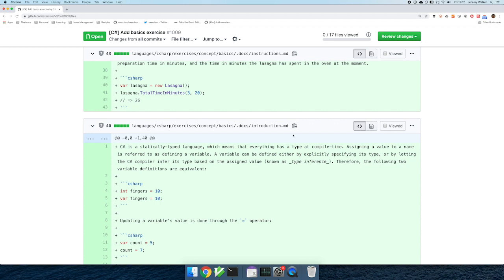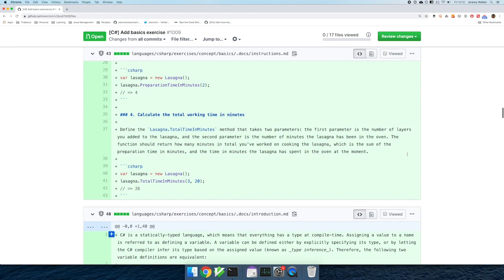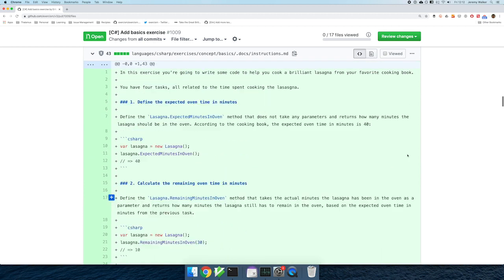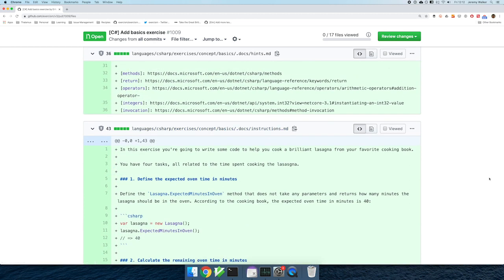So the introduction should explain a concept and give someone enough mental scaffolding that they can go and start Googling around that thing. Then we have the instructions. So the instructions are